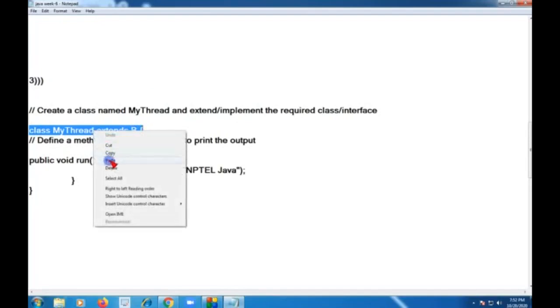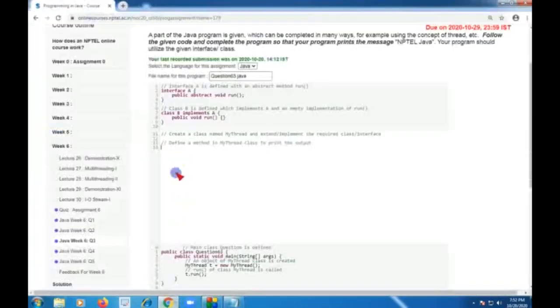I'm going to copy and paste it in between them, because there is no need to do it exactly like this, but for your clear understanding I'm going to create this by pasting it here. So it means I have created the class named MyThread.